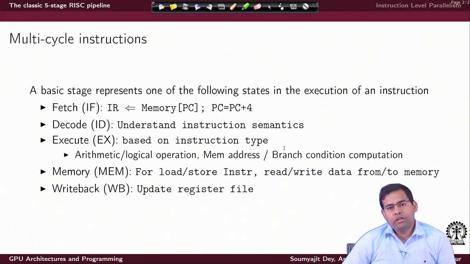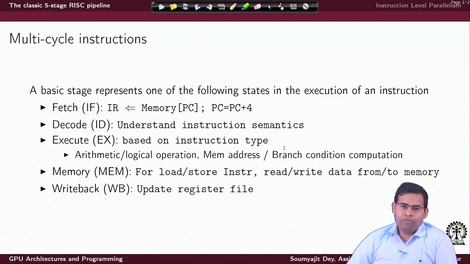Now, if we get into identifying the basic steps required for executing an instruction, earlier we said an instruction needs to be brought from the memory, its meaning needs to be brought out by decoding the instruction, and finally the instruction is executed. We also said there is the issue of bringing data from the memory, updating the data in the register file and all that. So, bringing all these issues together, we can say that the execution of any instruction in a RISC kind of system can be broken down into these 5 basic stages.